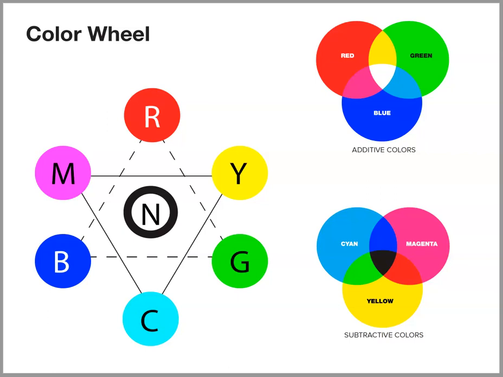In lots of your classes in this program, in fact, probably in all of your classes, at some point you talk about color. So we're going to just do a little bit of a review on some basics on color, and then we're going to start talking about color in a very different aspect in terms of the pre-press aspect of your files. As you know, our color wheel is the one on the left here, where we have our